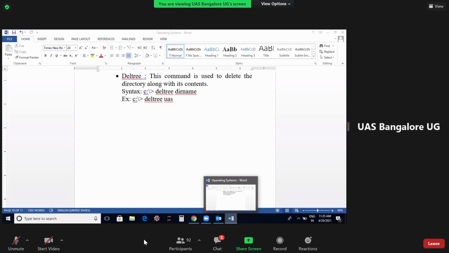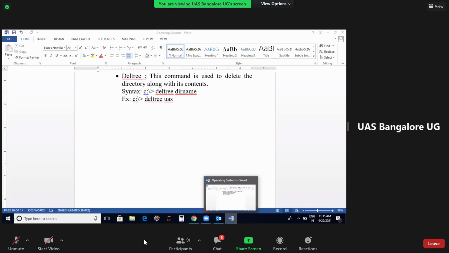Listen here. You can use the RD command, but whenever you are using the RD command, the folder should be empty. Only then you can use the RD command. Whenever you have contents, your RD command will not work. It says the folder is not empty.